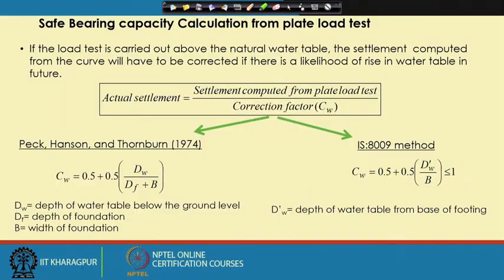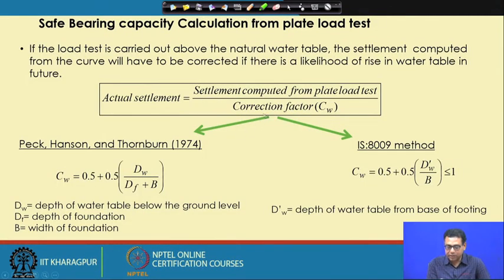So, it is always less than 1 or 1, depending upon the position of the water table. In case of bearing capacity, as the water table reduces the bearing capacity, you have to multiply the correction factor with the bearing capacity value. But in case of settlement, here also it will create a negative effect. So, here you have to divide, so that your amount of settlement will increase due to the effect of the water table. That is why in case of bearing capacity you multiply the correction factor, and in case of settlement you divide by the correction factor.